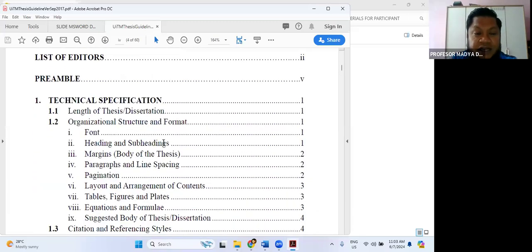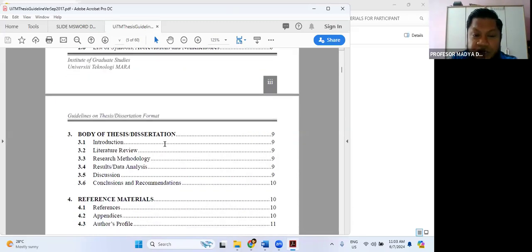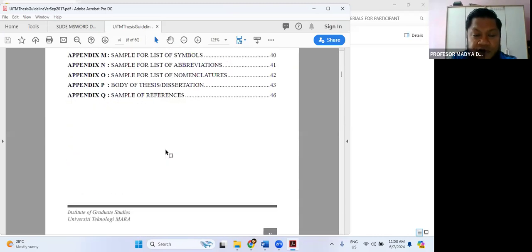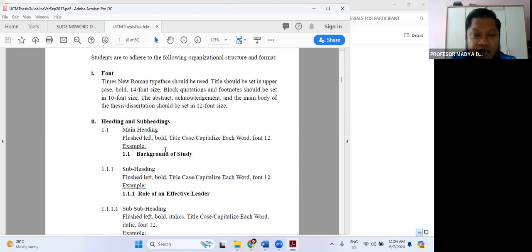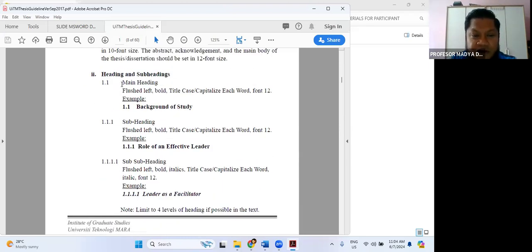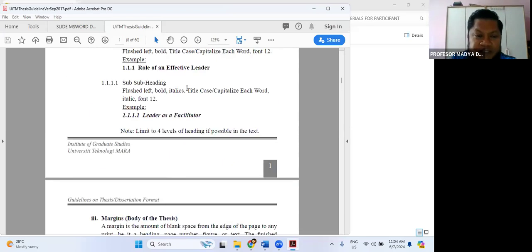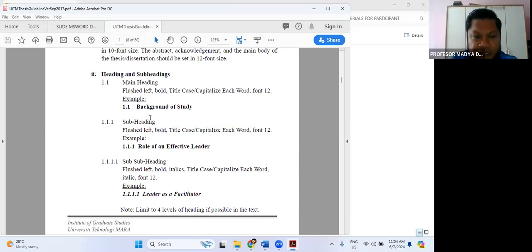So in this thesis guideline, it consists of all the details of font size, how many word counts, flush left, main heading, subheading, everything has been defined. So based on this guideline, then we create the template.dotx. Okay. For example, heading, subheading, background study. So in the template,